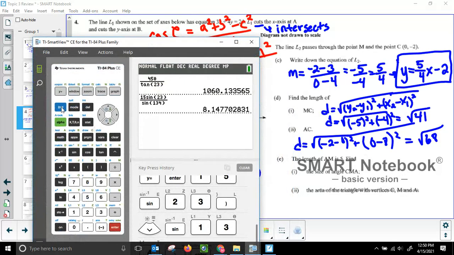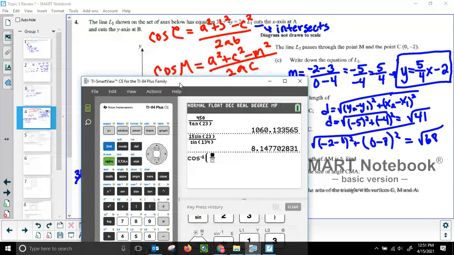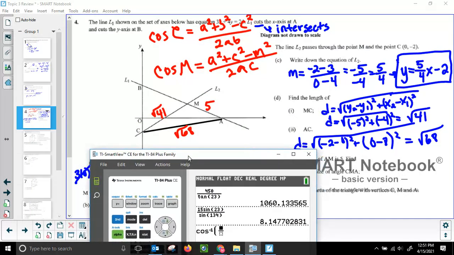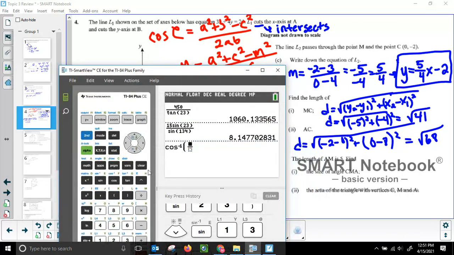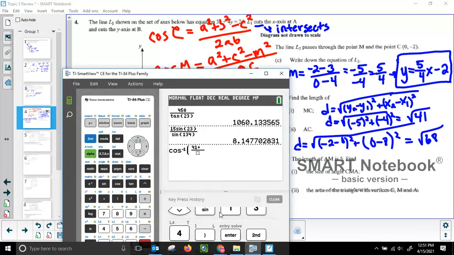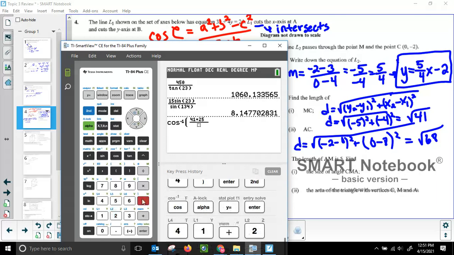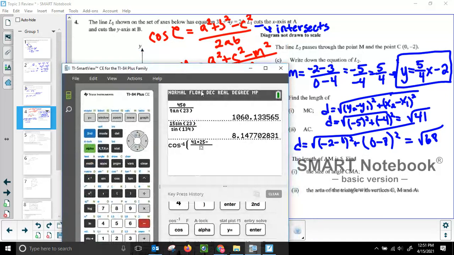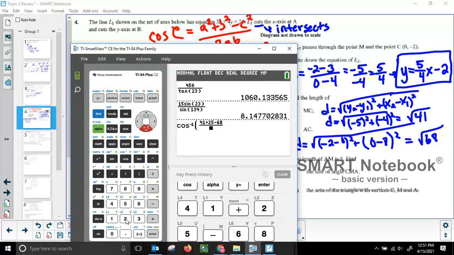So I'm going to go ahead and say inverse cosine of a squared plus c squared, so the square root of 41 squared is just 41, plus c squared, which would be 5, so 5 squared is 25, minus m squared, m is the square root of 68, so m squared is 68, over 2 times a times c, so a was the square root of 41,